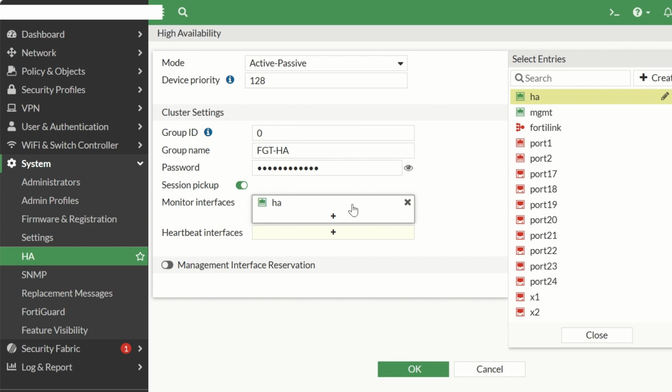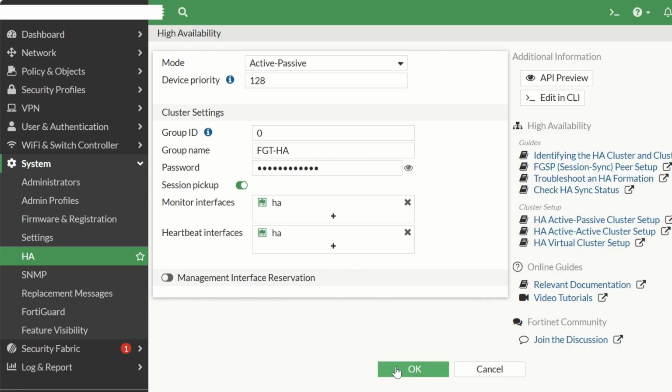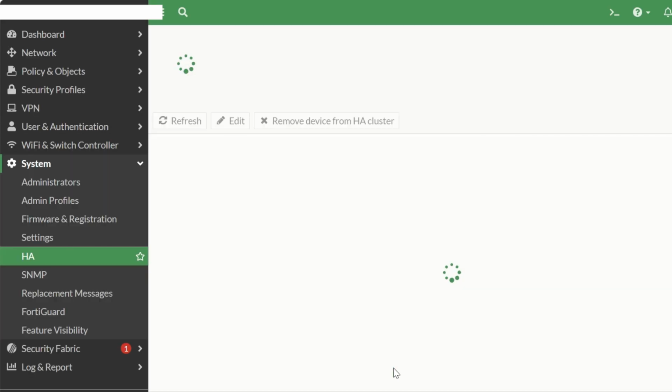Click here, select the hardware interfaces, and click OK. Now your HA is configured.